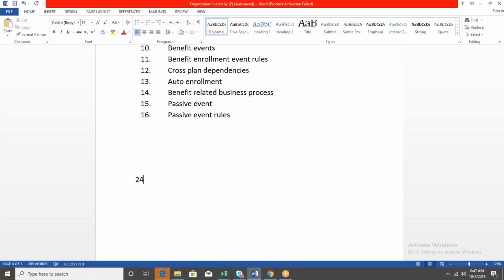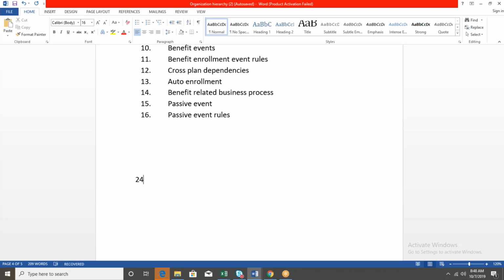Earlier, what we had to do on a weekly basis was run the report, identify whosoever's age is 24 and their dependents. Then we'd list out all the names. Through the inbound EIB, you have to waive the plan. It's a manual task. Now we have a passive event concept.